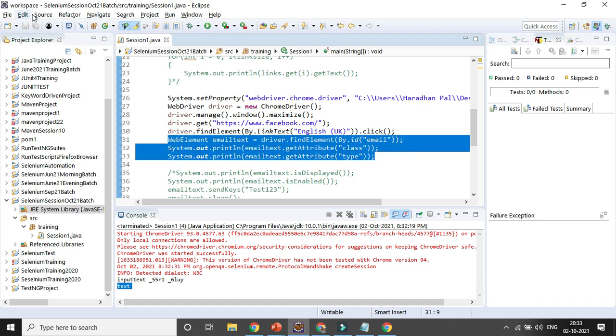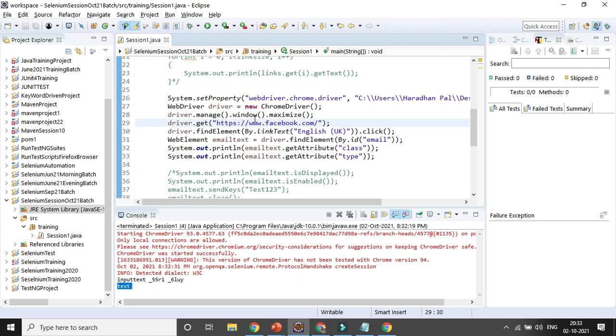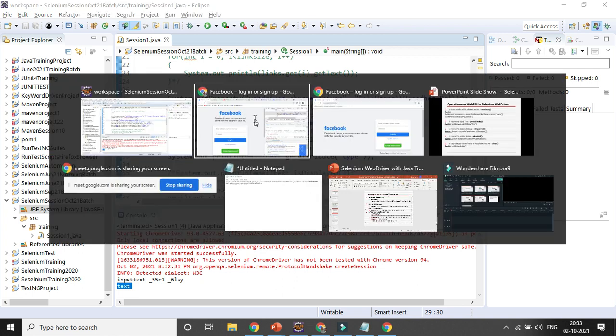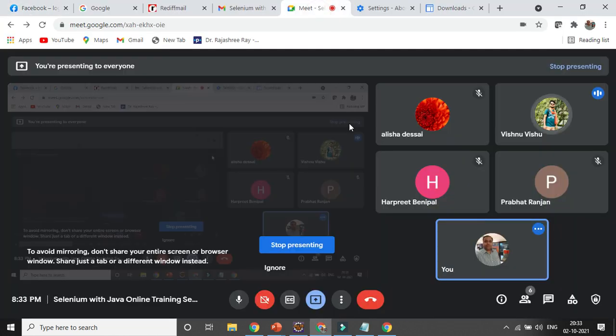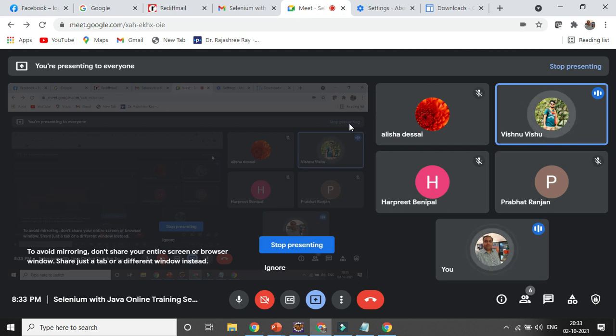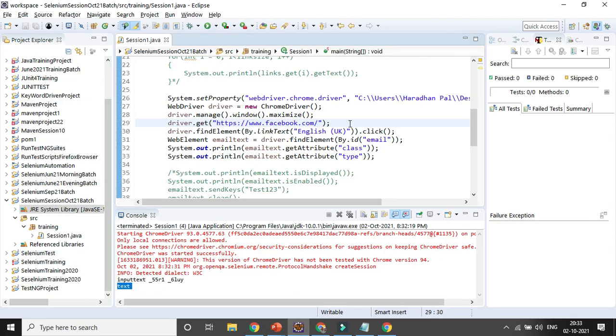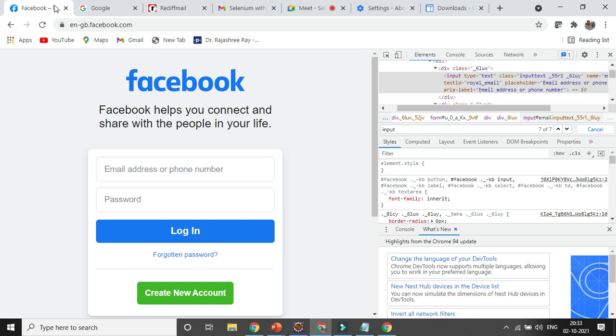One question I have here. Yeah, tell me. I just wanted to know, getAttribute will print all the attributes, right? Yeah, you need to give the attribute. So whatever attribute it has only. Let's suppose class is one attribute, type is one attribute, ID is also one. In case it's there, you can find it out. If ID is there, you can get the value of the ID.